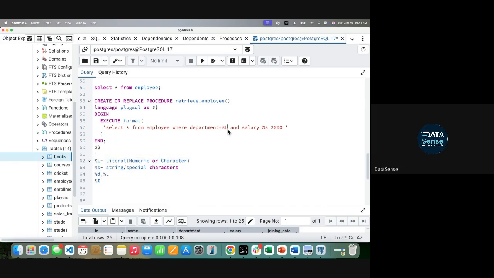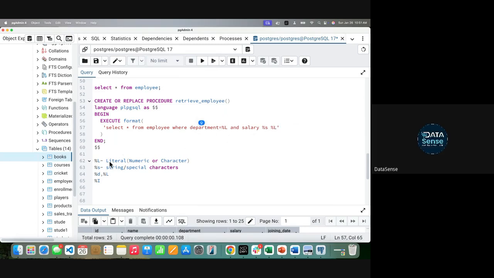So remember I told you, for department, instead of passing the value, we'll pass percentage L. For salary, we'll say percentage S. And for 2000, we'll say percentage L, or you can say percentage D. It's up to you. Either L or D, you can choose any.